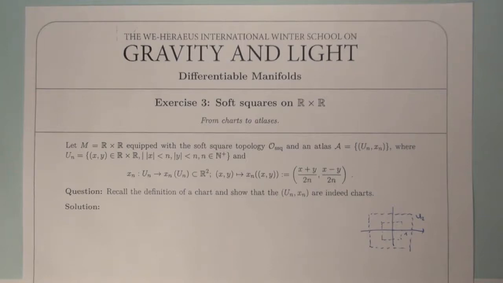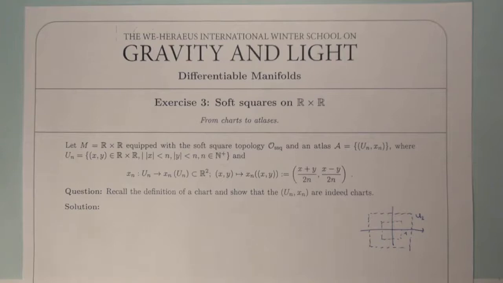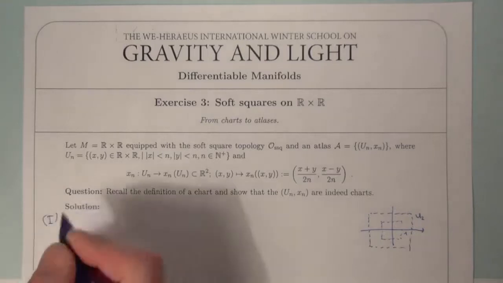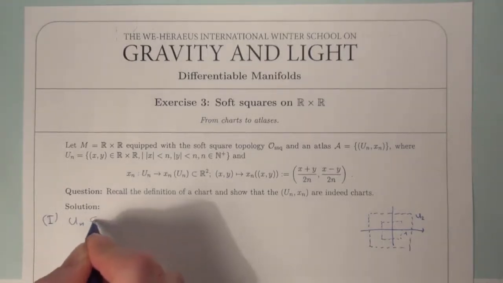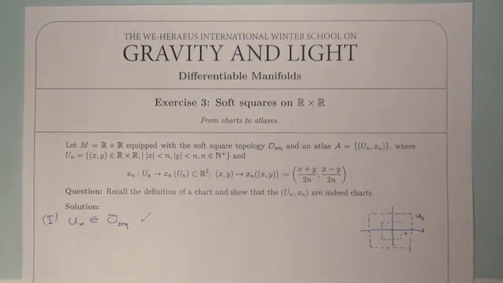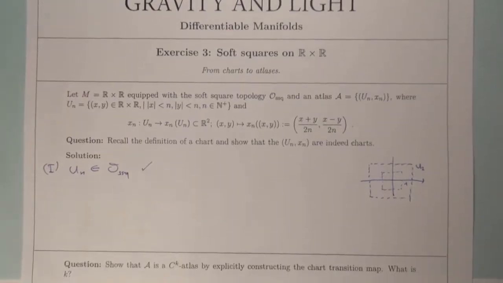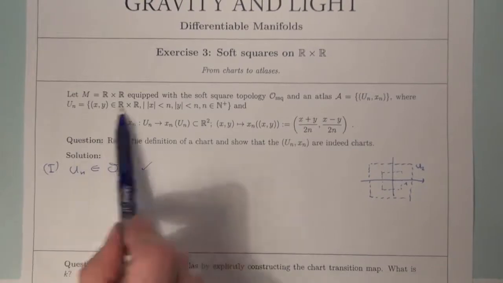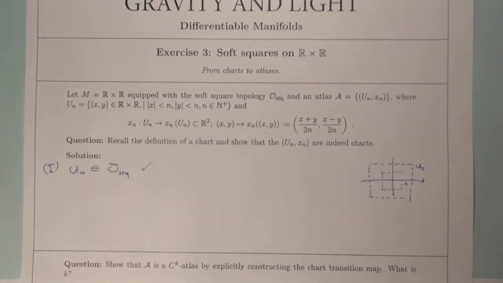First exercise is to recall the definition of a chart and show that U_n, x_n are indeed charts. So the first thing we need to check here is, is U_n an element of the topology, and that's clearly the case, because that's just the way the soft squares are defined. Second thing we need to show is that the chart maps are